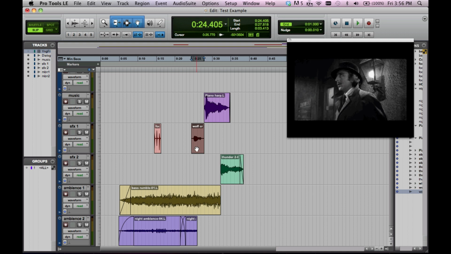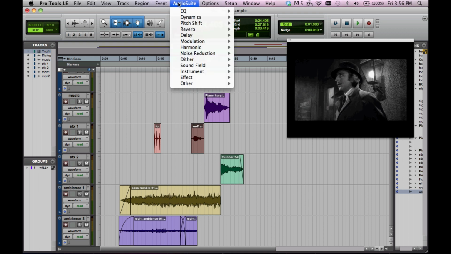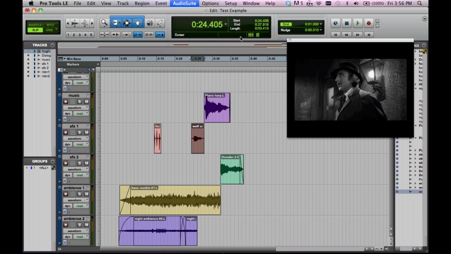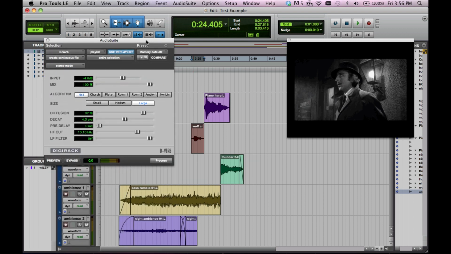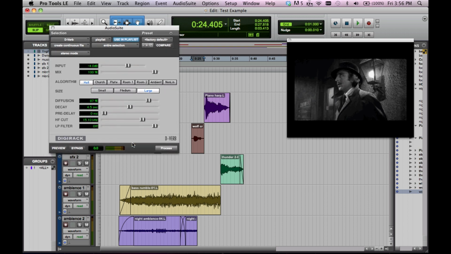make it sound like it's coming from someplace further away. Highlight the wolf cry, go Audio Suite, reverb, and then the deverb, which comes standard with all Pro Tools, and that will open up this menu. As you'll see in Pro Tools 10, this has changed a little bit, but the principle is